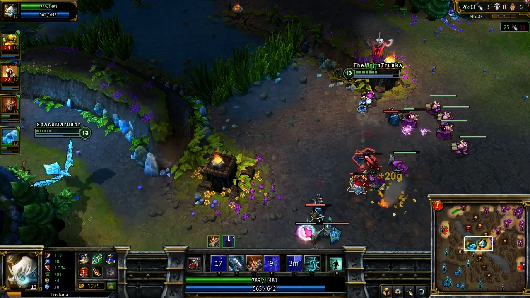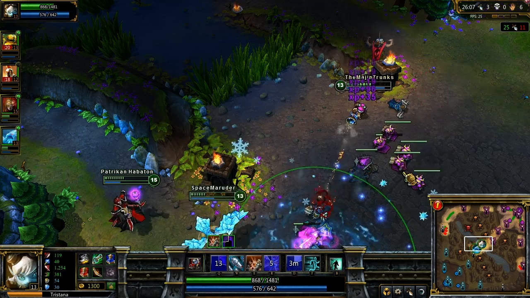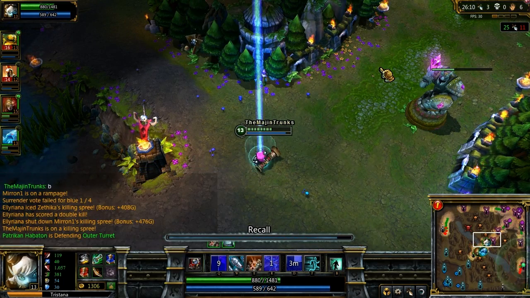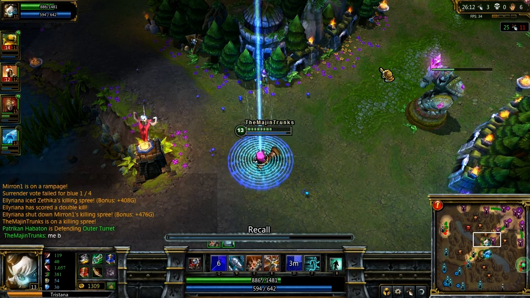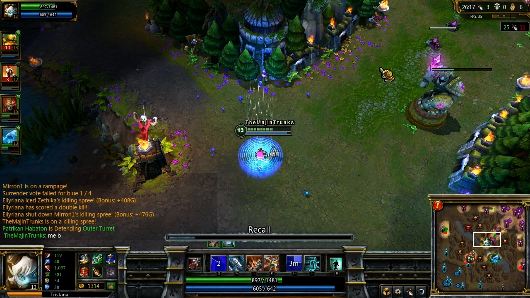So I decided that with my health I should just at least fall back and do a little bit of damage to the creeps, to the neutral spawns, and head back to the base. As you see, I have more than enough money to finish the Guinsoo Gunblade. This is not the best build for